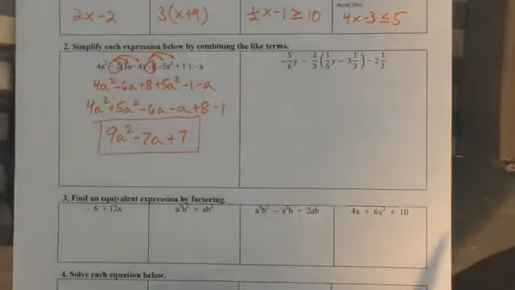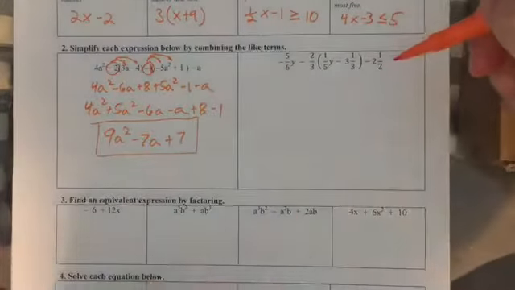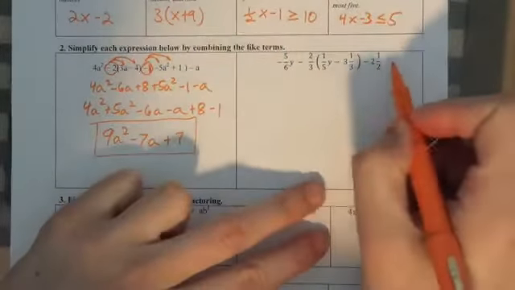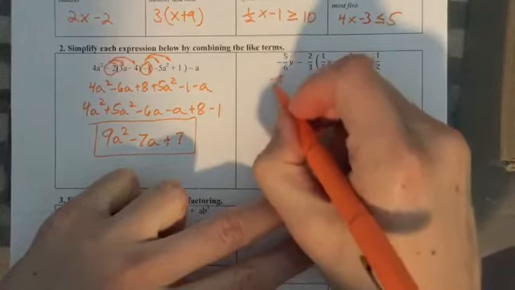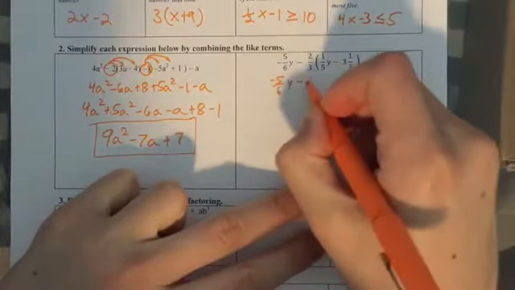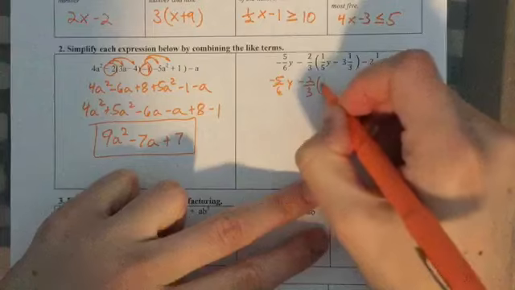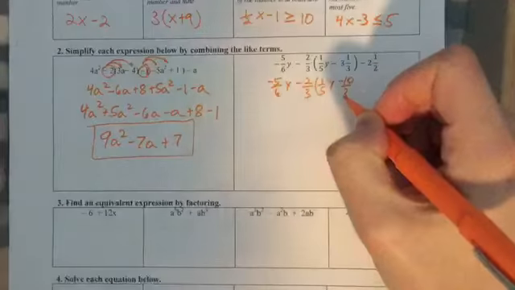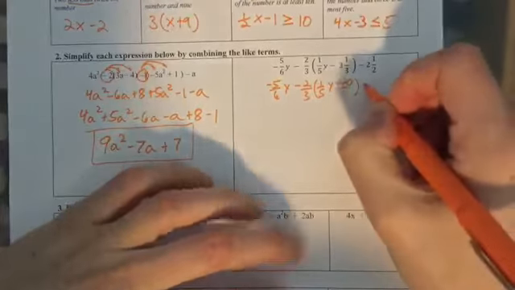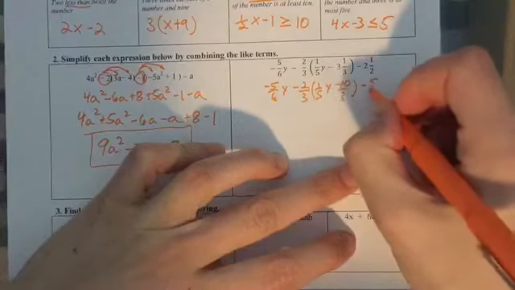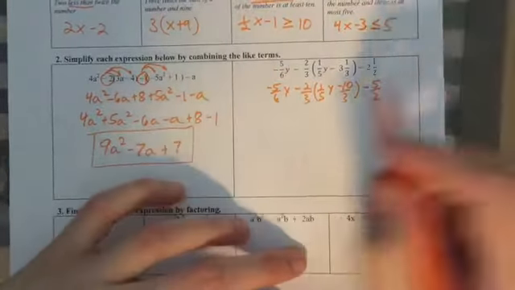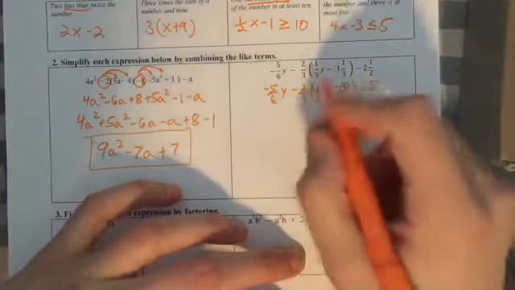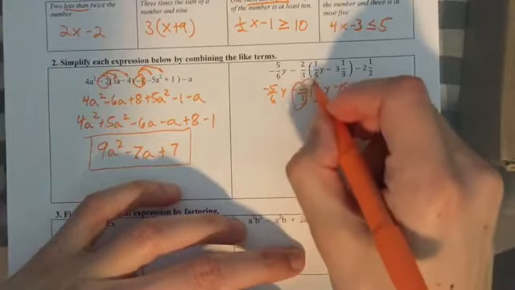Our next one, a little more challenging because we have those fractions. My first step is going to be to rewrite the fractions so that we have them as improper fractions. So that would be -10/3 minus 5/2. Now I can't combine these, so what we're going to do is we're going to distribute, and either off